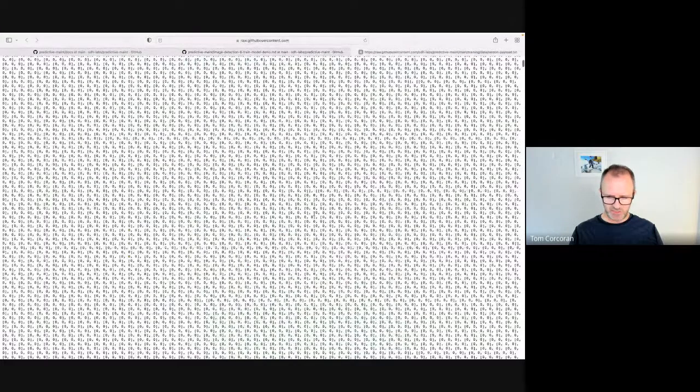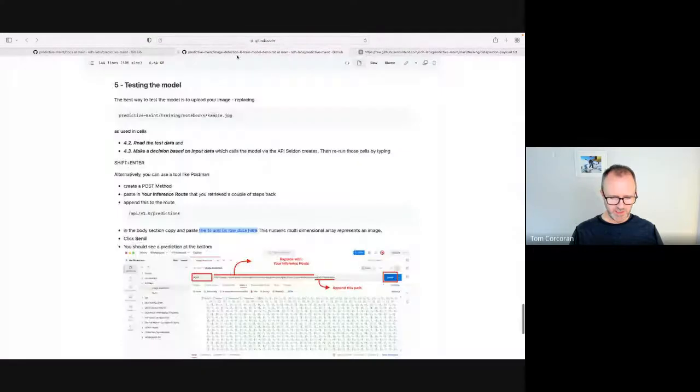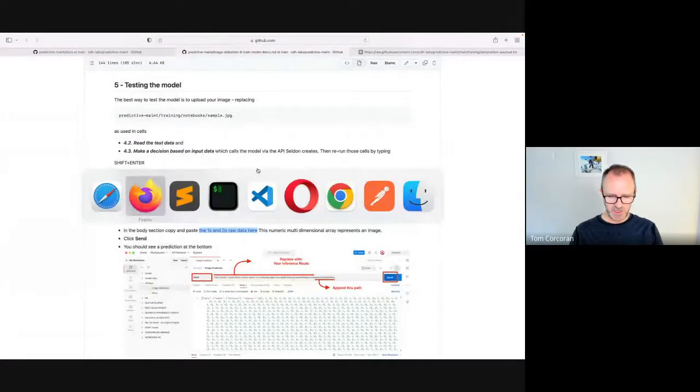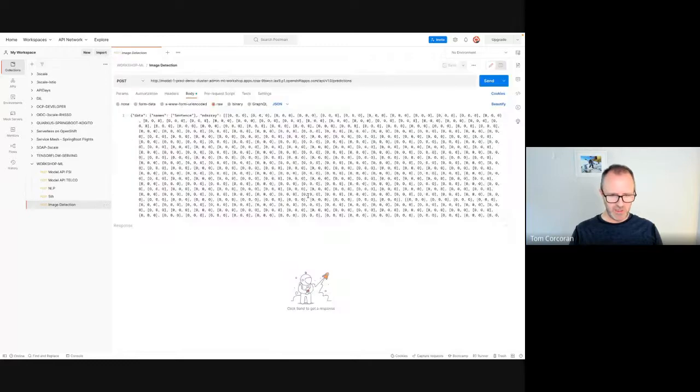So these are basically the pixels that are in that image. And you can actually test it out with a tool called Postman if you want. It's completely adequate and probably preferable to do it the same as we did it inside of the notebook. But if you want to actually see it in action using an API call, you can